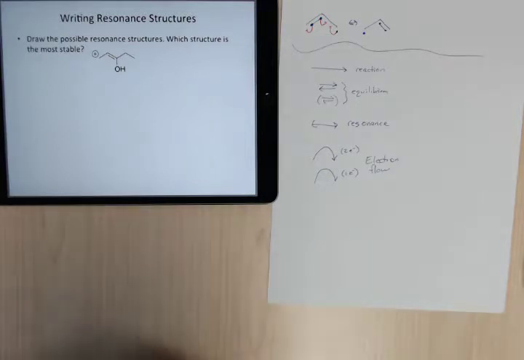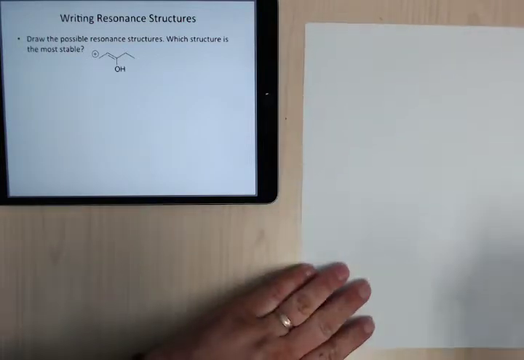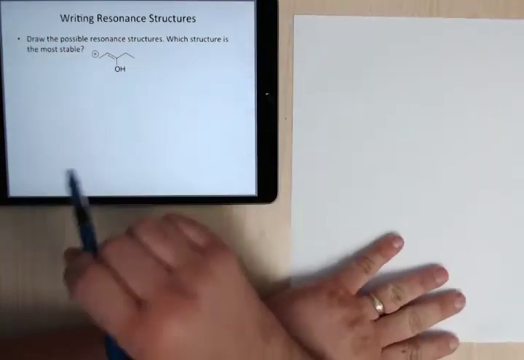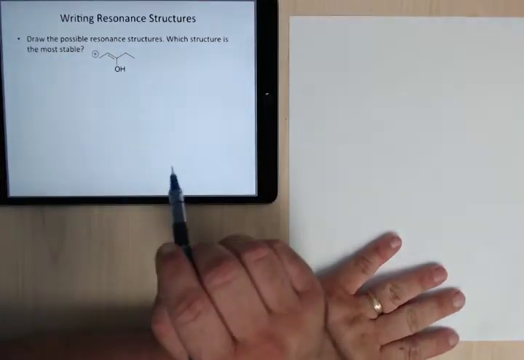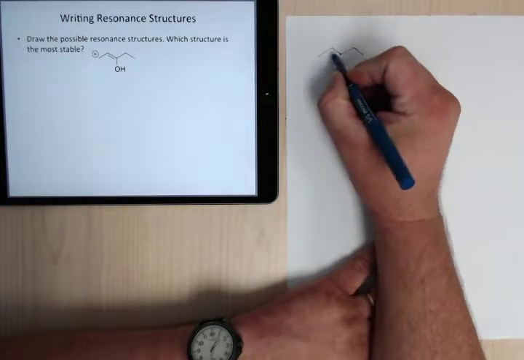Okay, so draw the possible resonance structures. Which structure is the most stable? Okay, so this is just a reminder. Now, with this one, what you're going to want to do is draw in the hydrogens. It's the easiest thing to do. And so if you have this structure here,